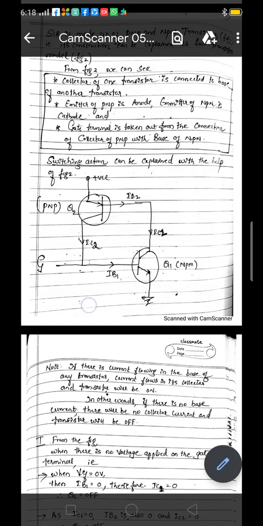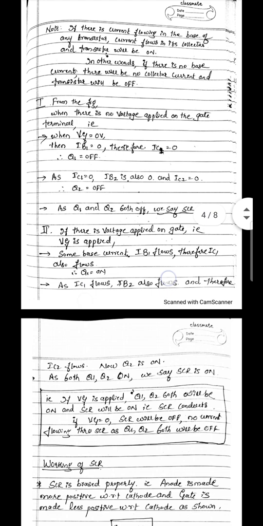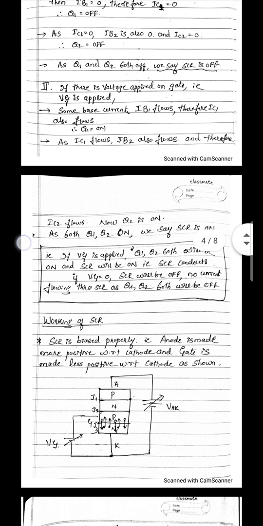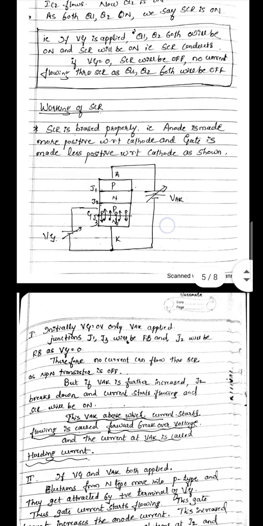That is the 2 transistor model of SCR. That is also very important. In many question papers it is asked. For the switching action of the 2 transistor model of SCR, with this clear figure you should give a clear explanation with some key points which are given in the notes. Next, the working of SCR is given. For that you should remember the biasing of an SCR, in which the anode is made positive with respect to the cathode, but more positive. The gate is also made positive with respect to the cathode, but less positive. What happens without this and with this, you have seen.